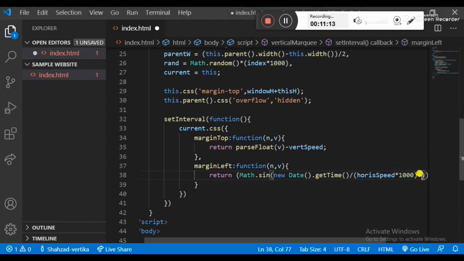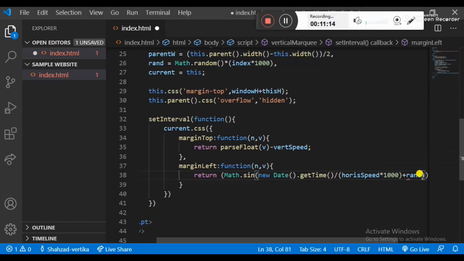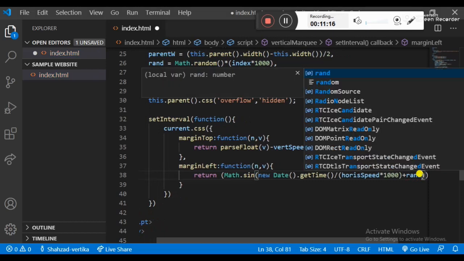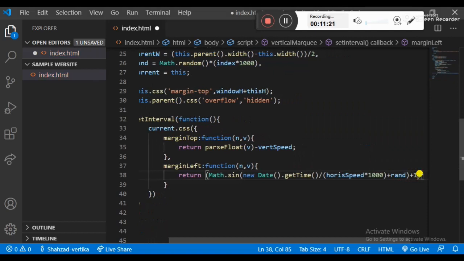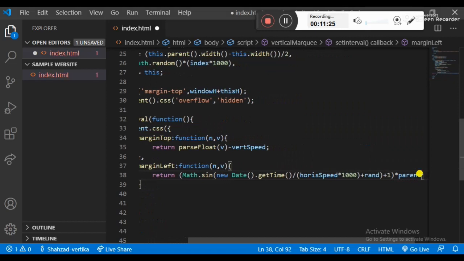Rand, and now plus 1 and multiplied by parent width.